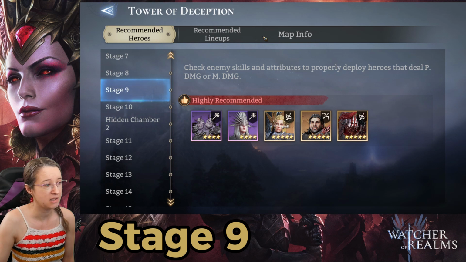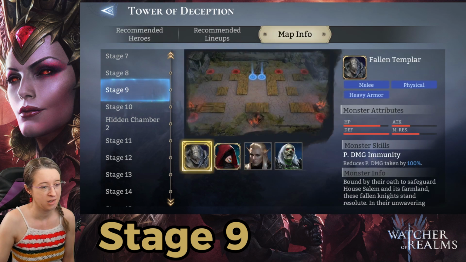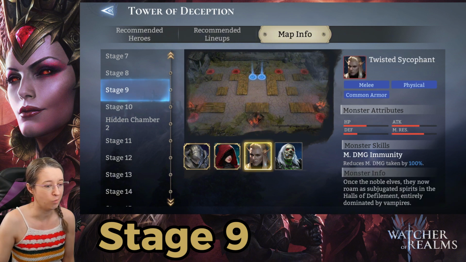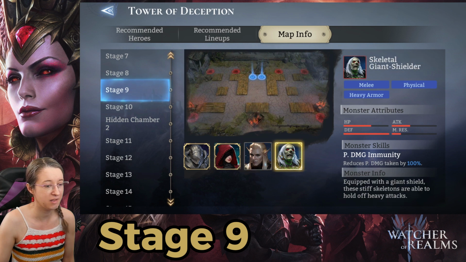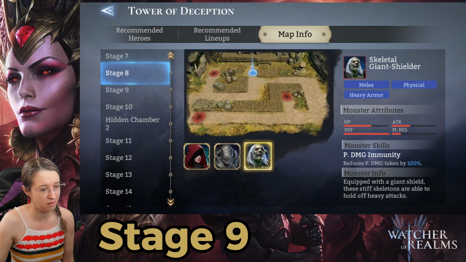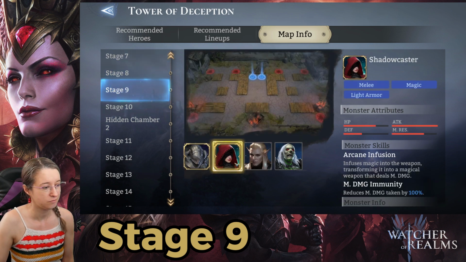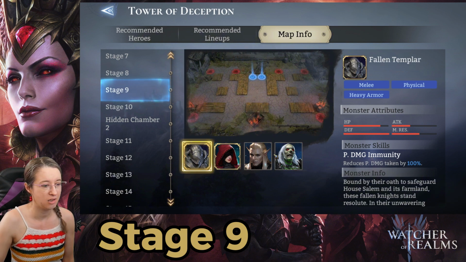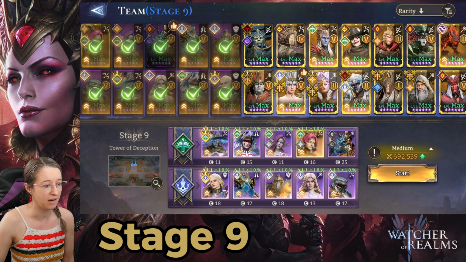Recommended heroes, again, the same. And the map is going to have... Okay, the big armor dude is physical damage immune completely. And then... Oh, magic damage reduced completely. Physical damage... Okay, no, that was 100%. So that was immunity here? Oh, immunity it was. So yeah, we need to make sure the opposites are there. So the skull dudes and the tanks are very clearly...